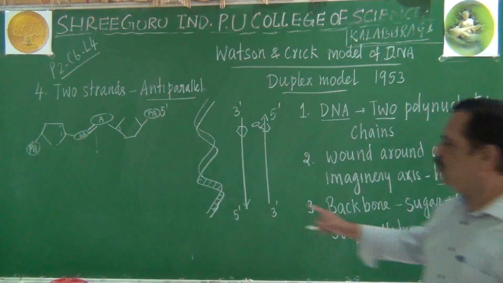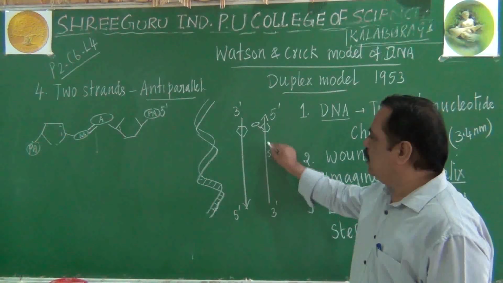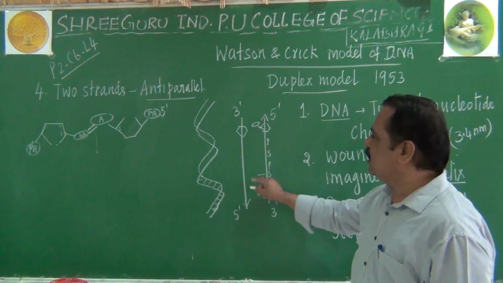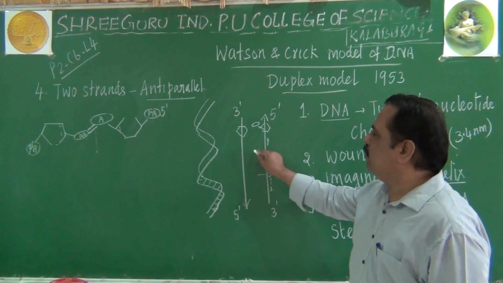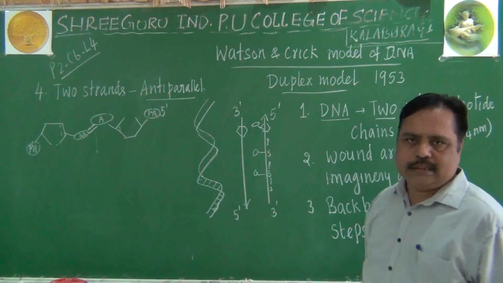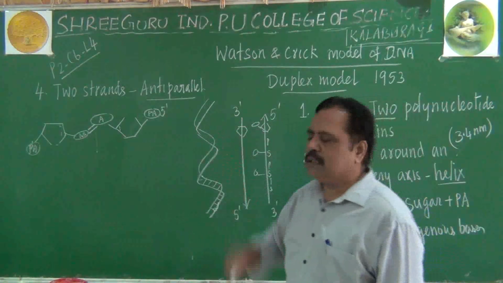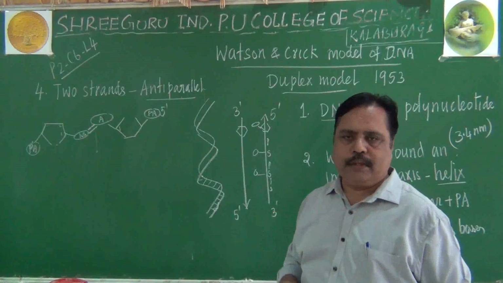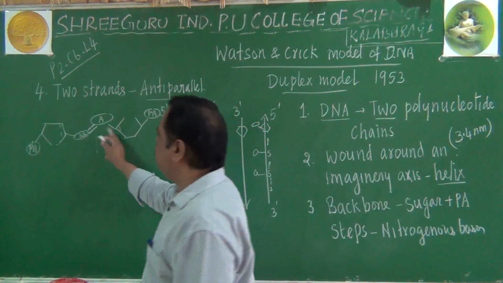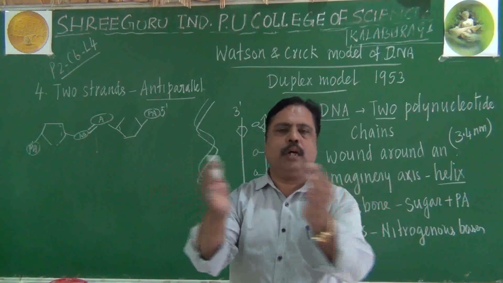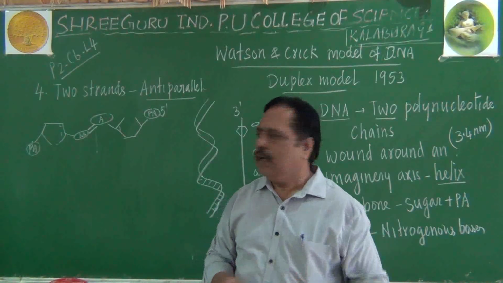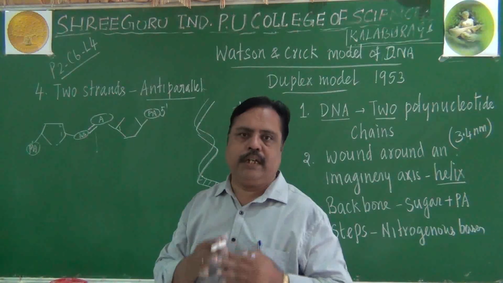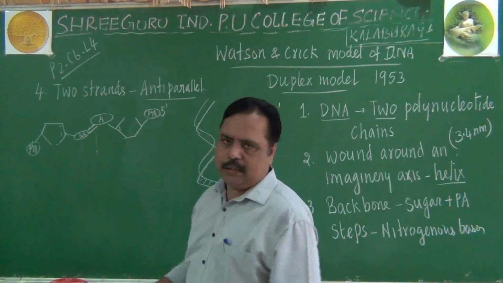Third point is the backbone of the DNA must be made up of sugar and phosphate like this. Whereas in the center, projecting inwardly, there will be nitrogenous bases like this. Because the two chains are anti-parallel, nitrogen bases are brought opposite to each other, closer to each other, so that they can form a bond between them. Stability for the DNA molecule is obtained by this method.